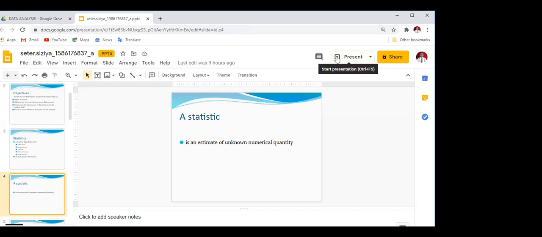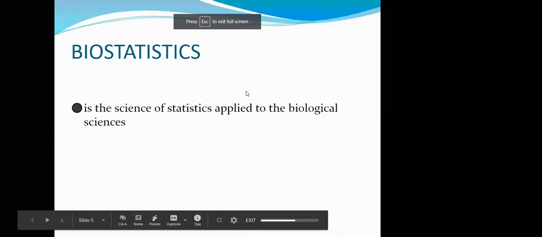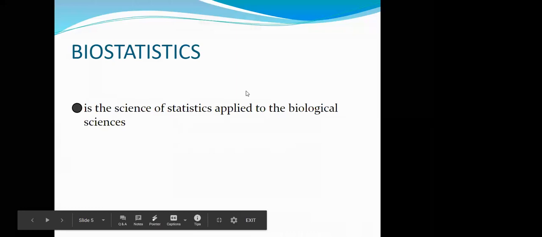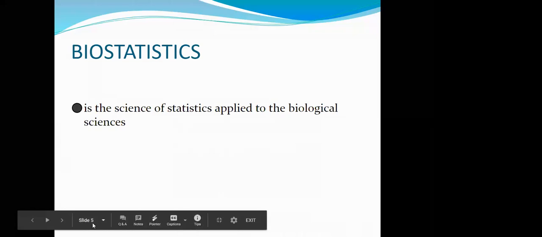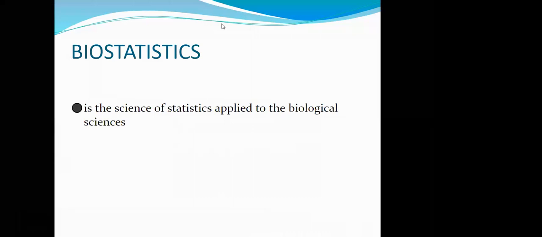Okay. Now let's look at what biostatistics is. What is biostatistics? We can see from there that there are two words. It's a compound word, right? So we have the bio part and the statistics part. So bio obviously refers to biology, or other biological sciences, and then statistics, as we have already defined,